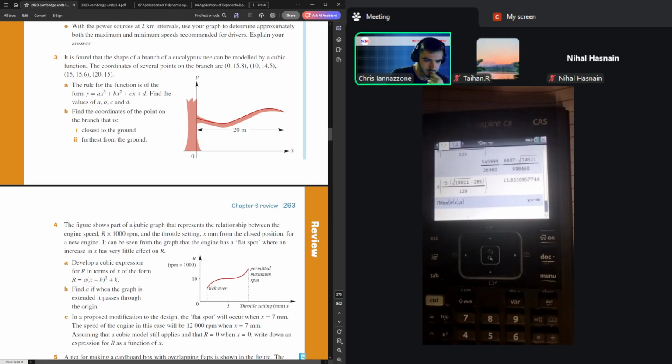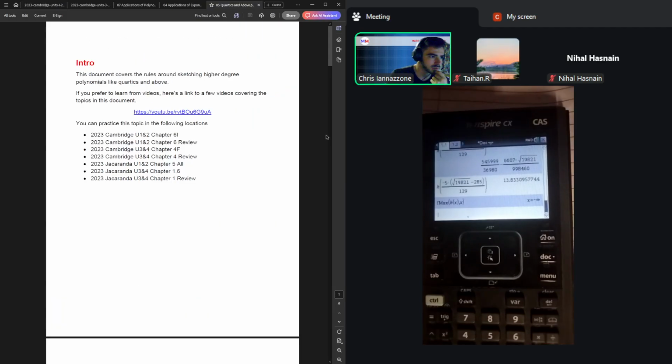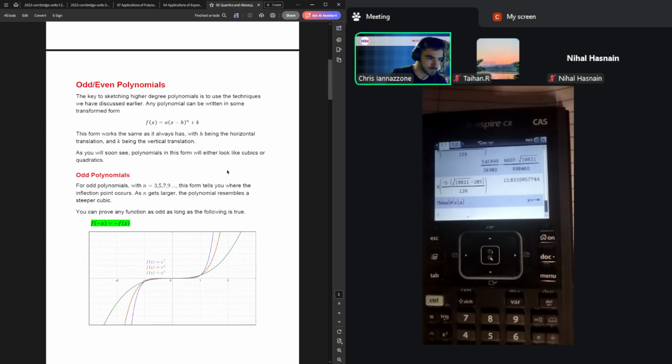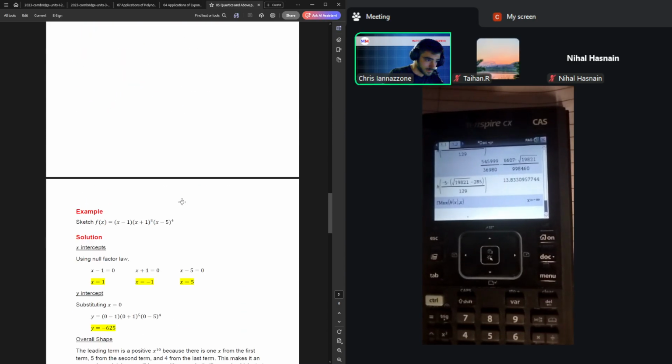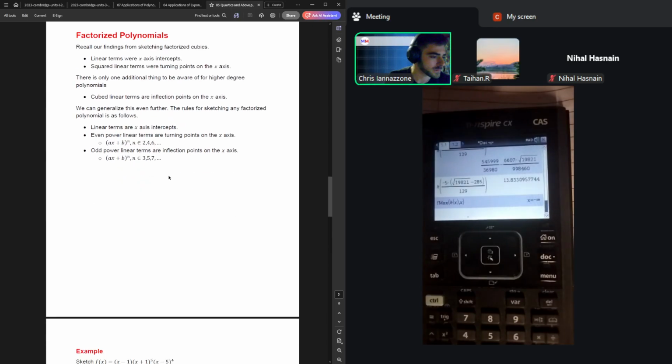Cool, okay. I'll pull up some notes for the graphing side of things and we'll have a look at that. Polynomials, quartics and above. So all we're really doing from here is extending on what we learned in the cubics section, which was our